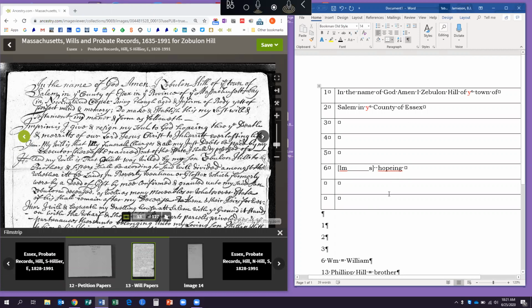I know people who will do, square brackets is often the sign you've added something. I know people who, when they've got this kind of situation where they can't read it, will do other brackets to leave the square brackets as the, I'm expanding on an abbreviation, or inserting letters that aren't there, but that I know should have been. So a lot of it is working out your own system. But the big things are to stick to what's actually there,